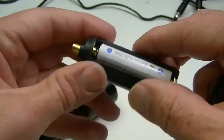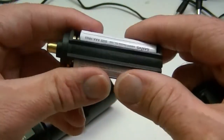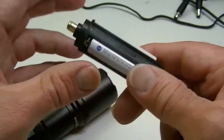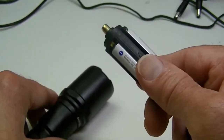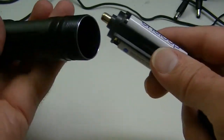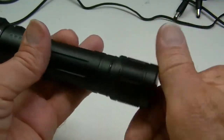These are the kind of adapters they put in the cheaper generic flashlights, the ones that all use the AAAs and the 18650. This is the same adapter they give you with all of those. So this goes in the light, of course, positive side up, right down in there. Turn this off. I'm sorry I don't have a side-by-side comparison here, but you can always go over to my